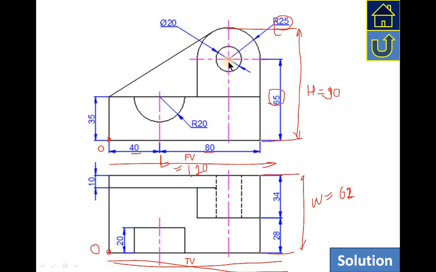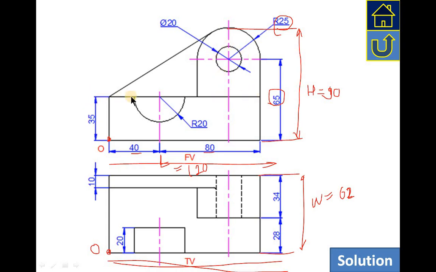The center point for these two circles, this half circle and then this circle, is 65 mm above the ground or the base, and 25 mm from this boundary. Okay, from this boundary it is 25 mm, which is visible here. So from this boundary the center line is 25 mm away. This is 65, just check this dimension. The center line is 65 from the base, and then this object is on the slab.